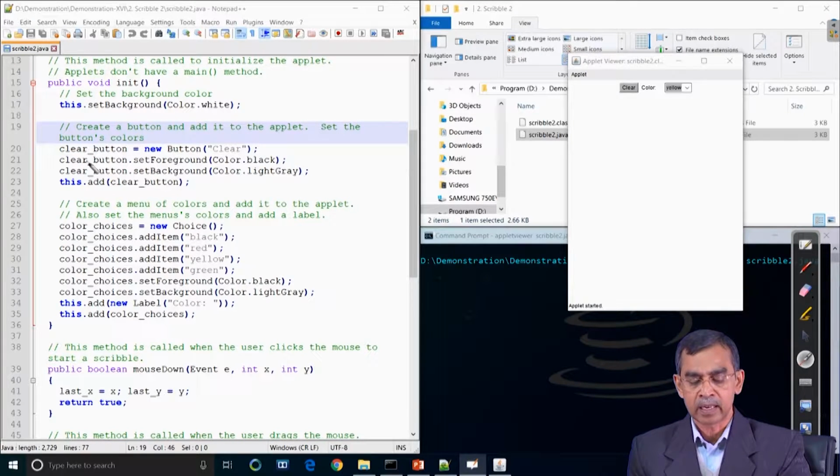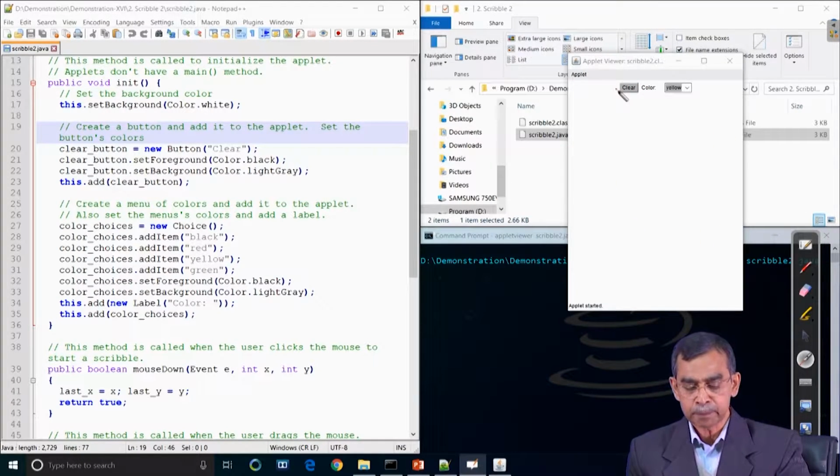The foreground and background of the clear button have been decided as black and light gray. As you can see, the button appears with black font and a light gray background, and then we add this button into the